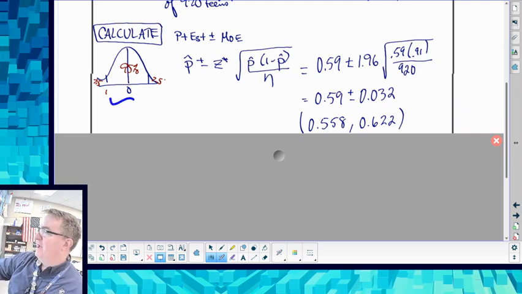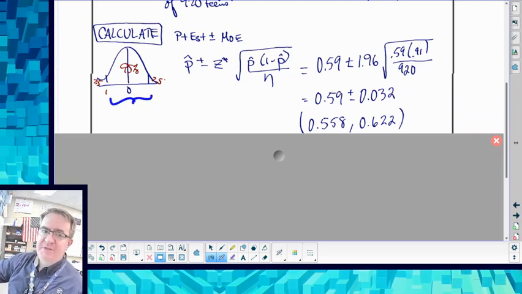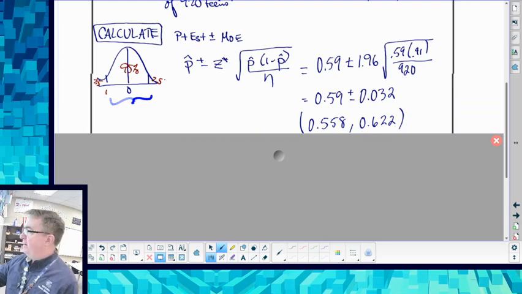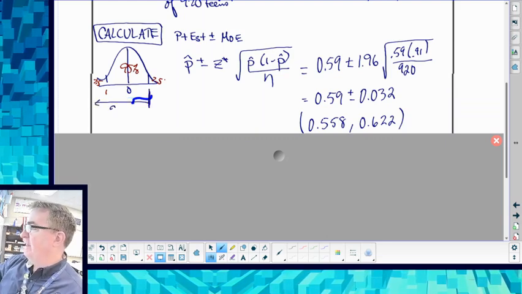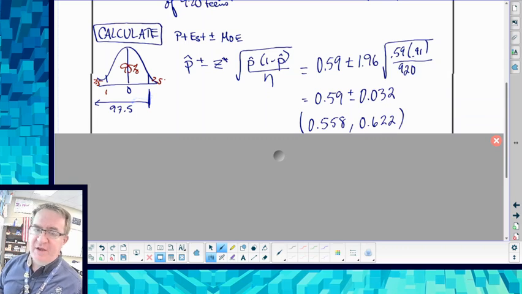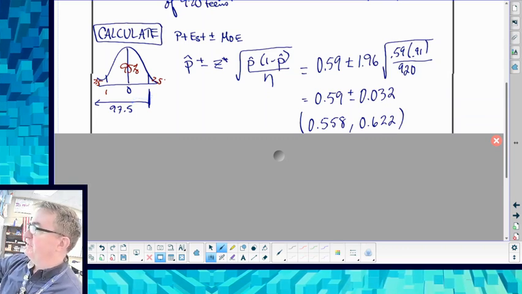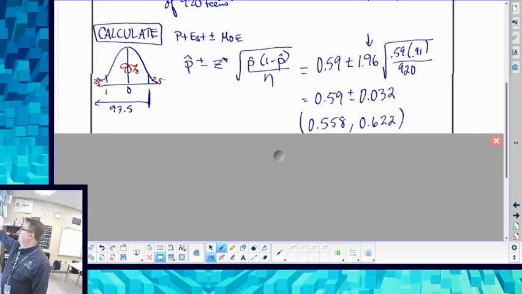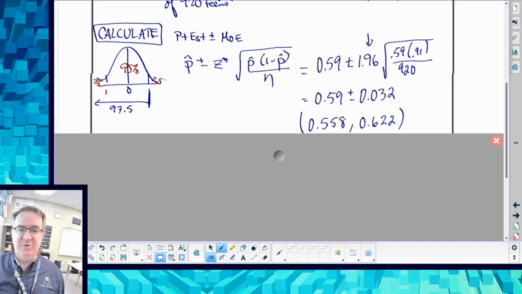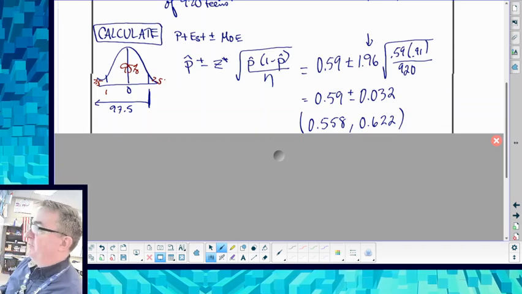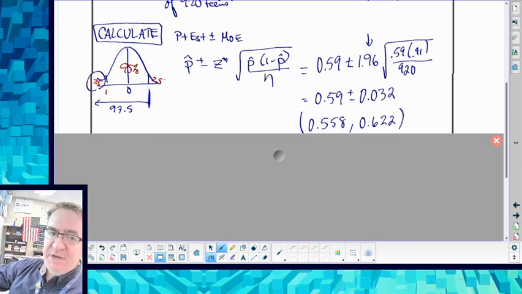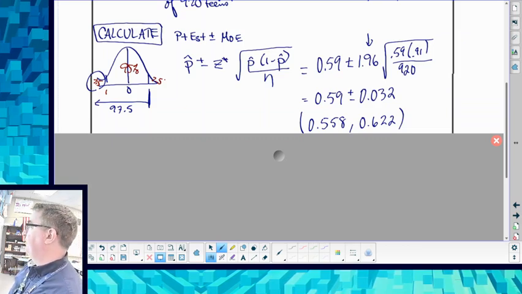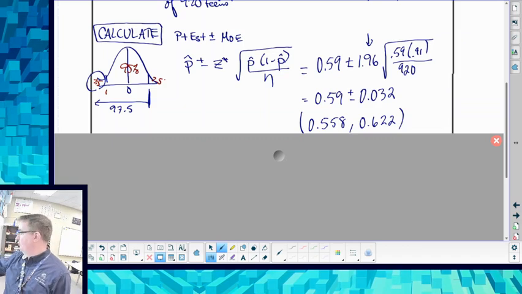So we want a 95% confidence interval, so you need to look that up. Now remember, if you're looking this up off of table A, you need to do 97.5% of the data, because we have this 2.5% down here. 95% is in the middle, 2.5 on each end. Hopefully you remember that the z-score is 1.96. We can use the z-score because we're doing proportions. The other thing you can do is look up a negative 2.5% down on the bottom, and then you can just use the version of that. Anyway, here's our regular formula.